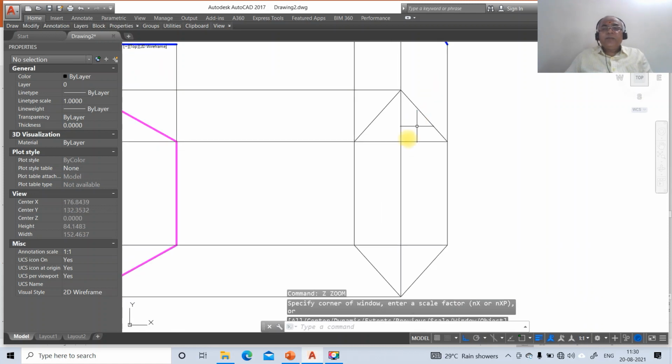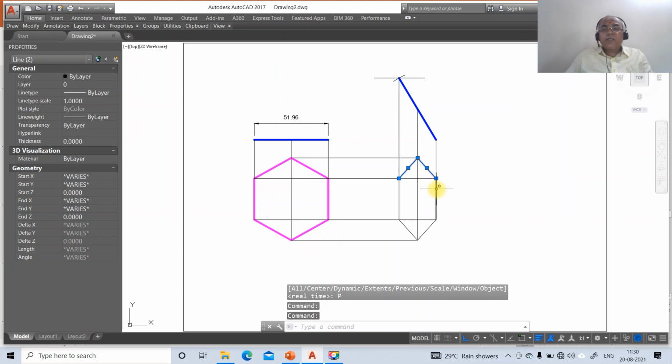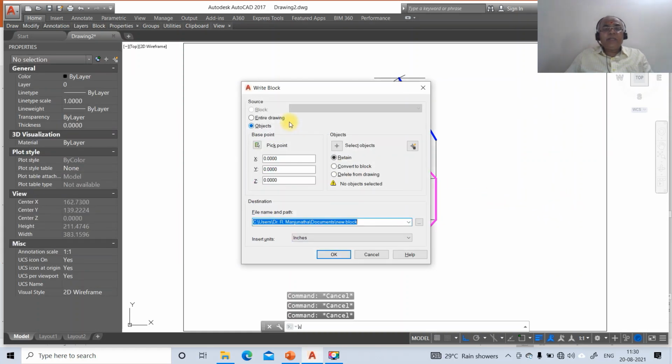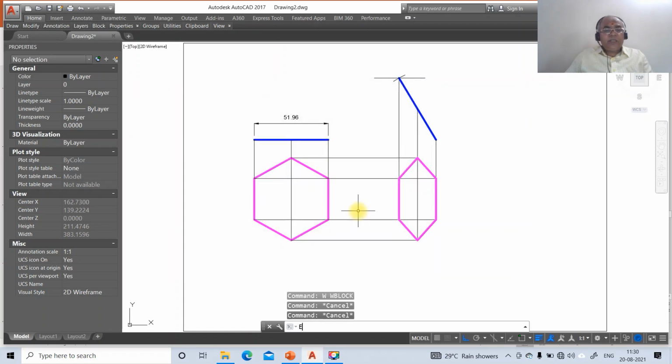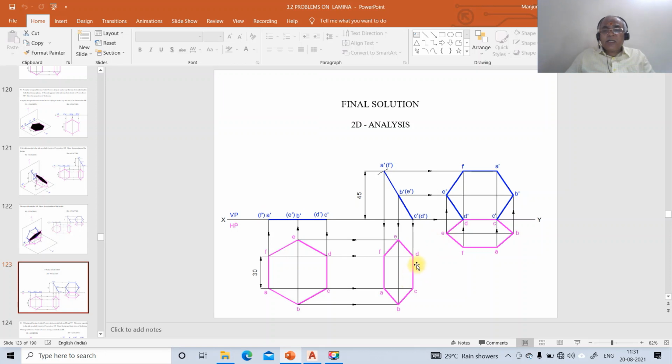Now we have the sketch. Select all these 6 lines and then go to layer, make that layer as top view. Once you get this, go to erase, erase it, then come down to this. Then go to line, take INT of this, and then go to line, take INT of this and draw a horizontal line.